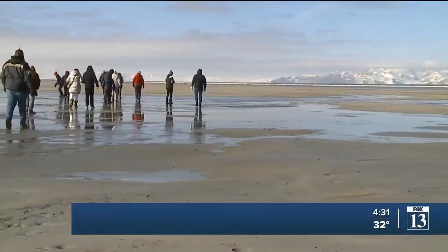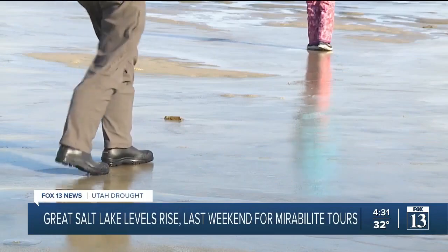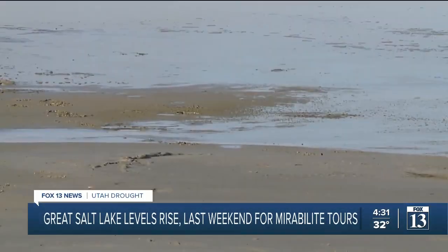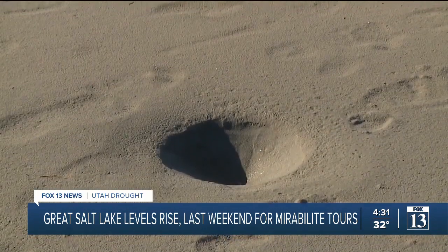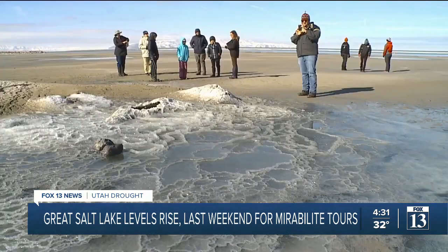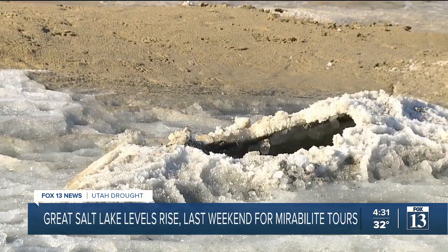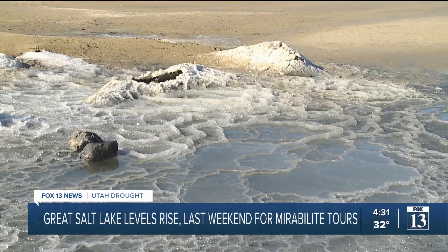Visiting the Great Salt Lake. We're still doing the tours and everything, getting people out here. With low water levels, people are finding things created or left behind on the lake bed. So neat to watch them form, but if the lake level were up to where they were, we would not be seeing them. These are Mirabilites, a sulfur-based salt that was first seen in a rare form in the